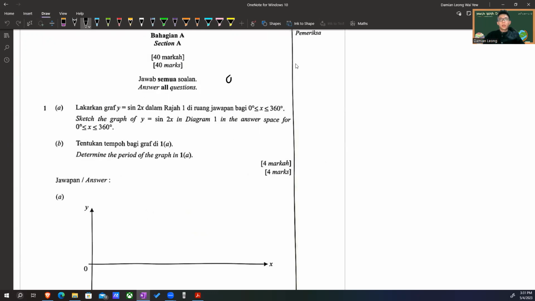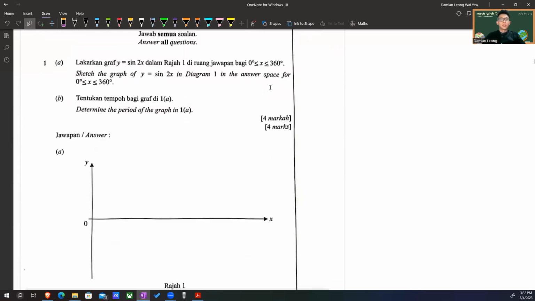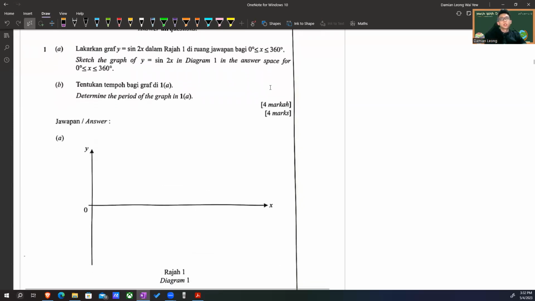So a sine bx plus c. A is the amplitude, how high it goes. B is the frequency, how many times the whole thing repeats in 360 degrees. C is the middle line, basically how much it shifts up or down. So in this case, B is 2, means the frequency is 2, means the sine graph repeats twice within 360 degrees. So it will be